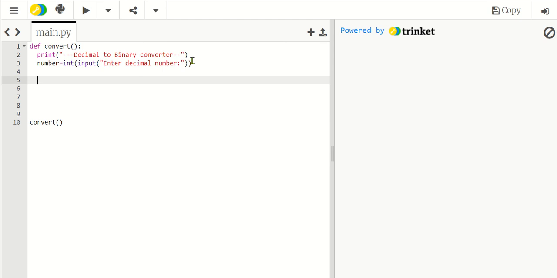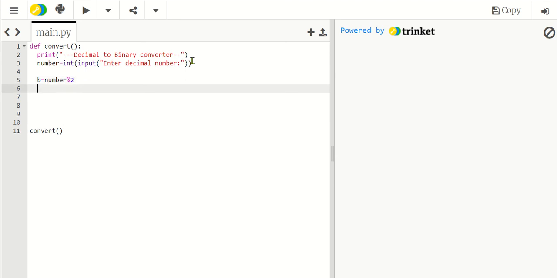So for instance, if I said b for binary, you could call it anything you like. I'm just going to call it b. This is a variable called b. And into that variable, I would like to take the number and mod it by 2. Because of course we're trying to find the remainder. And we will either get a 0 or a 1, because we're modding it by 2 and we're looking at whatever's been put in, such as 5 or 3. So we get that,